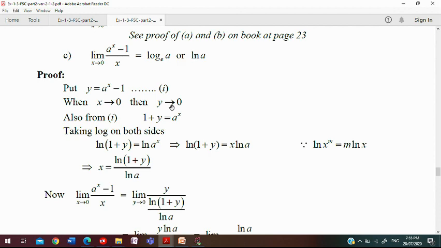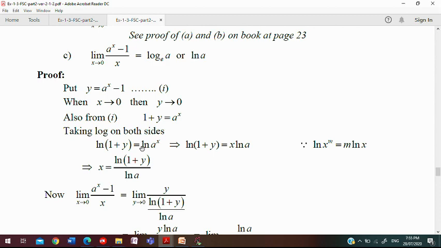Okay, two steps we have done. The first step, the supposition, and the second step, we have decided the limits. Now, from equation 1, in our third step we have to find the value of x. By using our supposition, y is equal to a^x minus 1, we take 1 to our left hand side. So 1 plus y is equal to a^x. Whenever we have a variable in the power of a constant, we take the log on both sides. Why? To bring this x down as a factor of our equation.